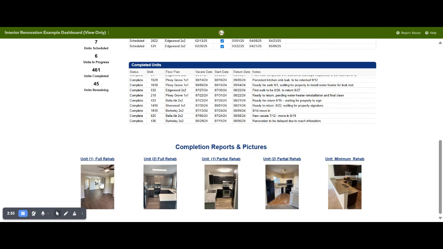And then this is really great because if it were your dashboard, it would show all of your completed units. And this section down here is clickable, so it would go to a Google Drive that would show you all of the photos from that unit. But we've got these listed out here that just have sections of what some of our past unit renovations look like. And again, all of these are clickable,